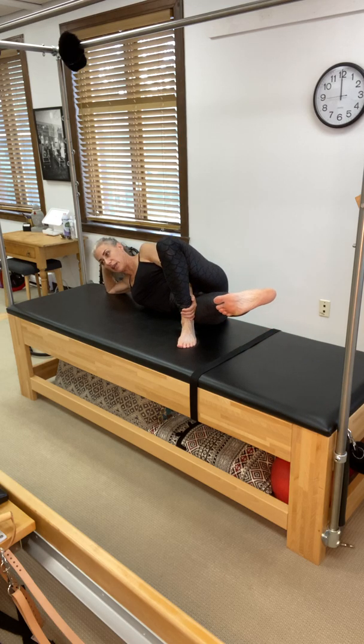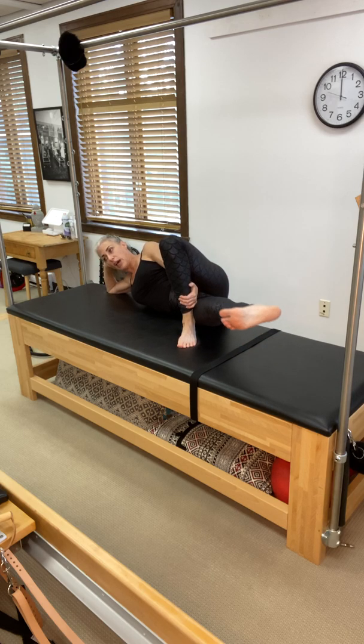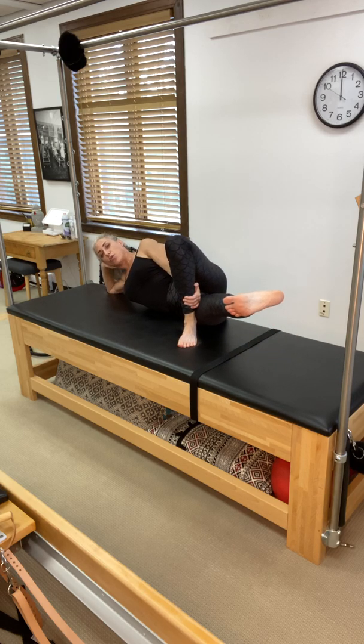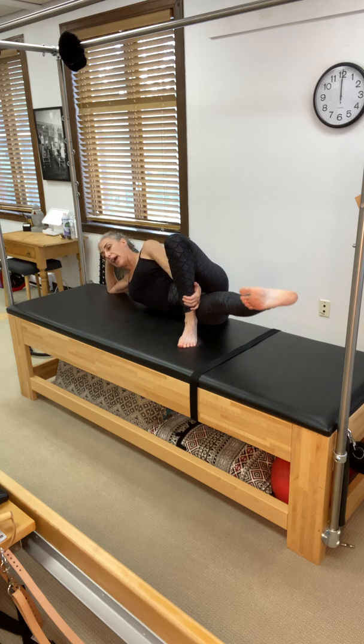Flex and lift the bottom leg up, 2, 3, half down. Lift up, 2, 3, halfway down. Lift up, 2, 3, keep lengthening through the powerhouse. Lift, 2, 3, halfway down, and lift up and hold. Halfway down, lift up and hold, halfway down. 2 more, up, halfway down. 1 more, up. 8 pulses, up, 8 and 7 and 6, 5, 4, 3, 2, hold it, 1,